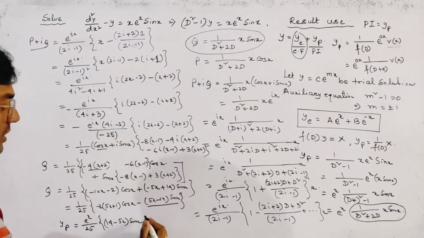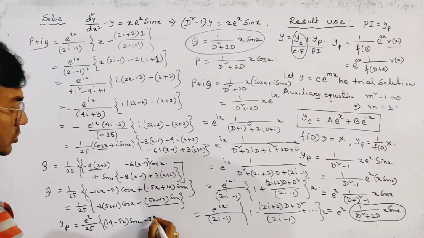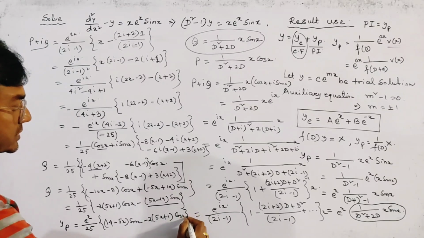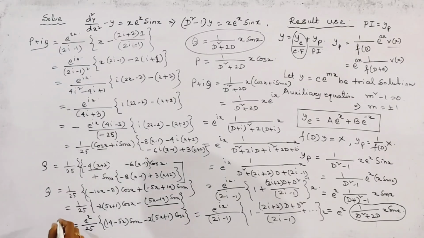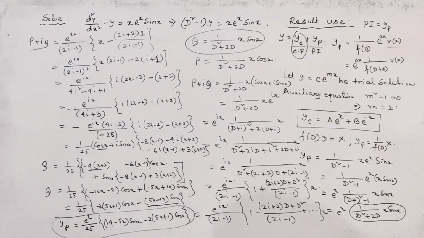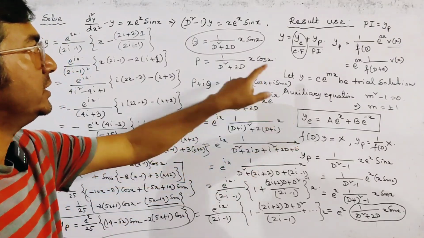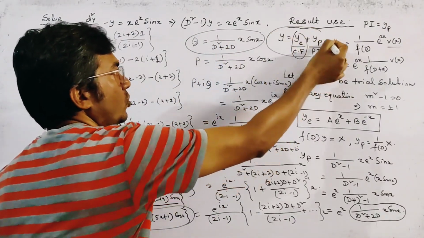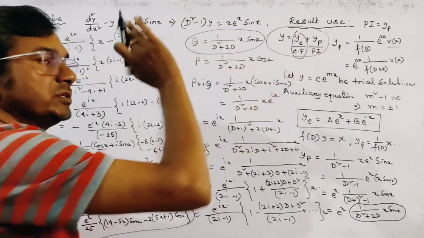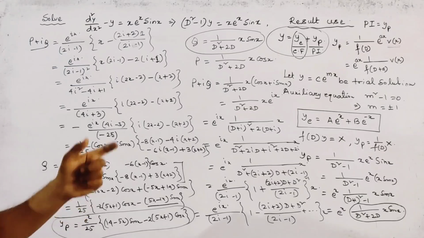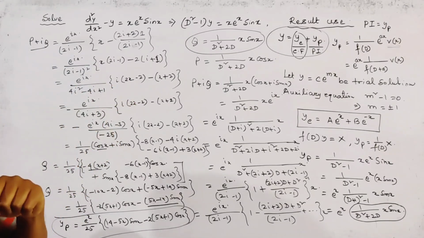Okay, and this term 2 into (5x plus 1) into cos x, and this is our total particular integral. Okay, now we add yp and yc we already found, and getting the general solution as y equal to yc plus yp. This is the total solution,